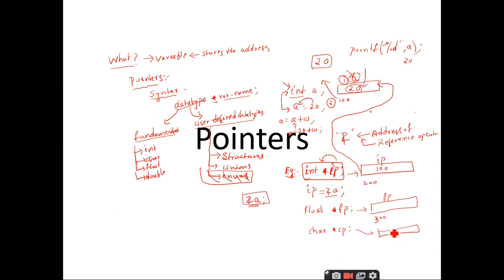Somebody may think that it is 1 byte, but remember that the memory occupied by any pointer is common. Whether it is an integer pointer, floating pointer, character pointer or double pointer, any pointer you take is going to take the common size. The common size is specified by the fundamental basic data type, which here is integer.